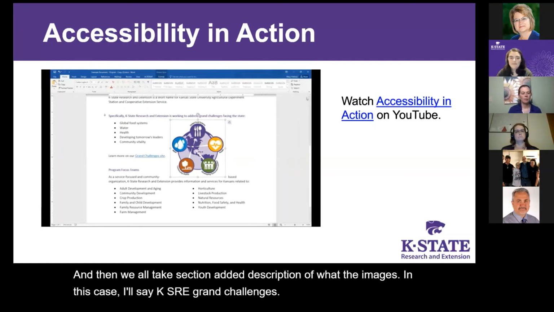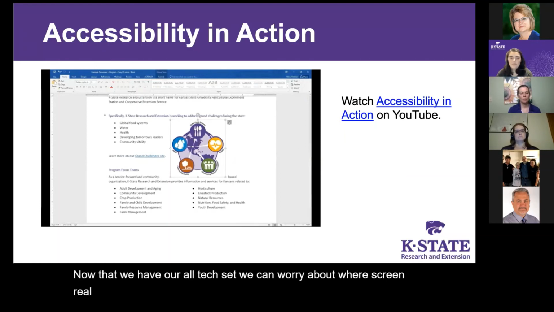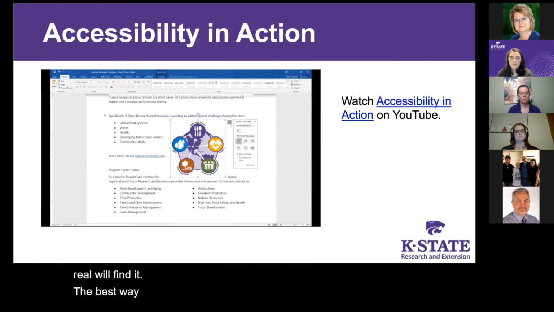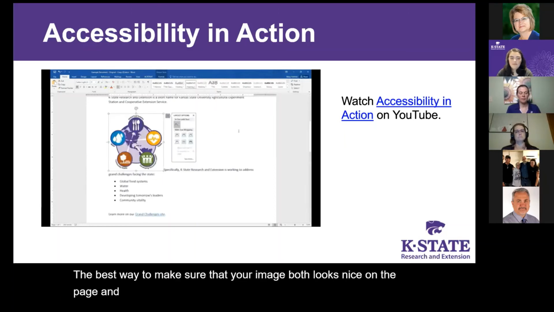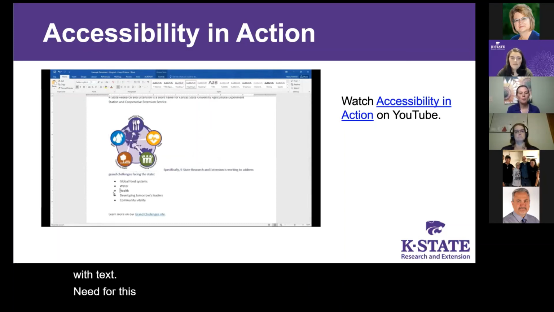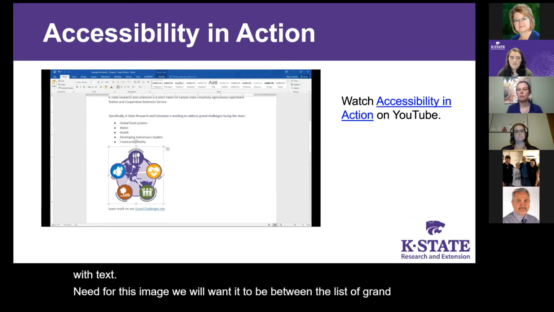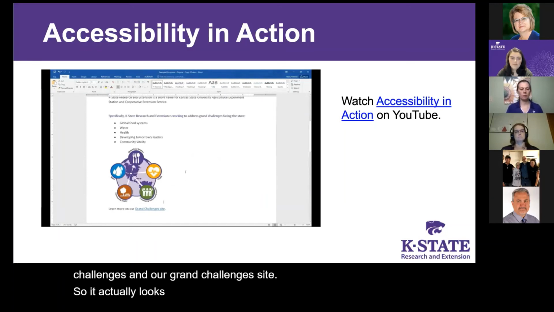Now that we have our alt text set, we can worry about where a screen reader will find it. The best way to make sure that your image both looks nice on the page and is in the right place for screen readers is to style it as in line with text. I think for this image, we will want it to be between the list of Grand Challenges and our Grand Challenges site. Oh, and that actually looks really nice right off the bat, so I think we're done with this